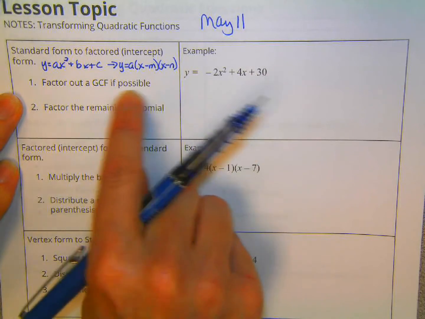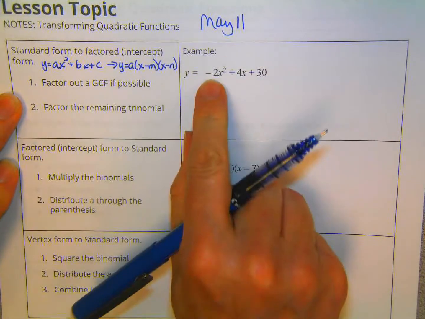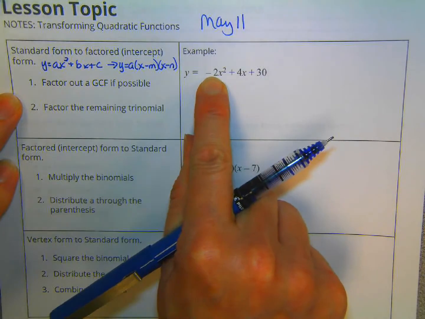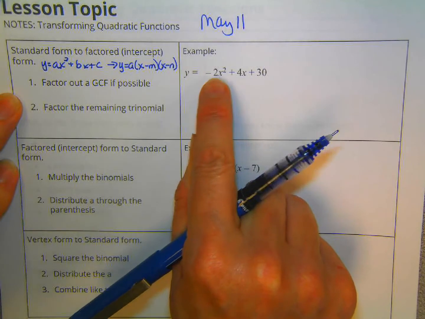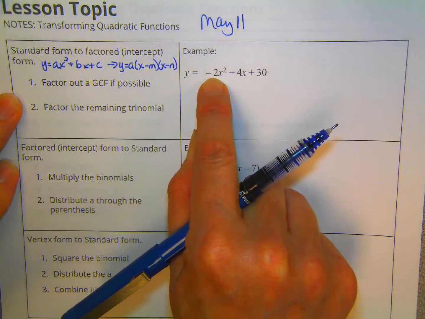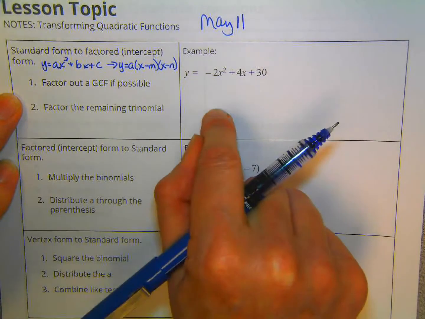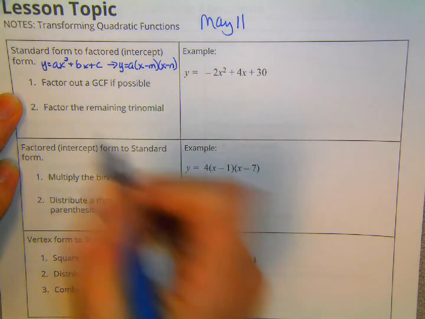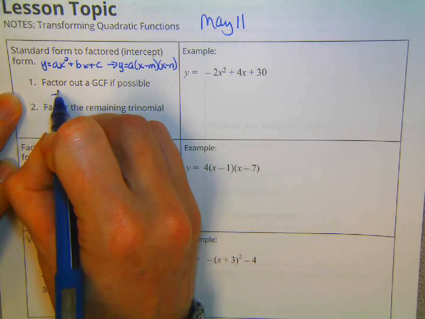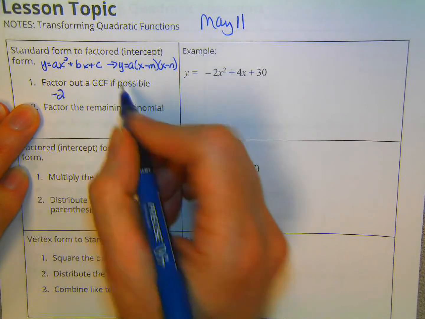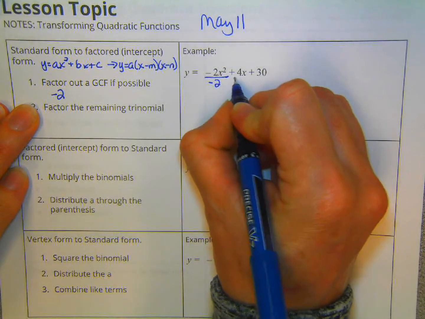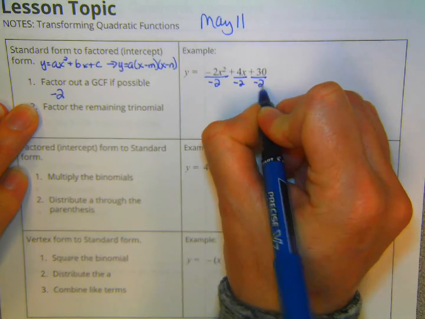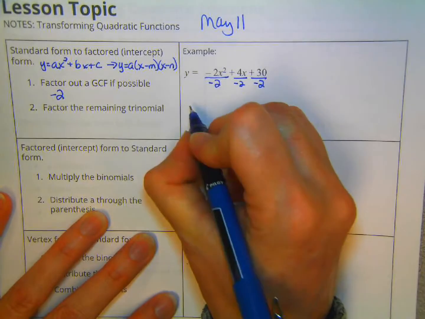Factor out a GCF if possible. And actually, hint, every problem that you have, this number will be able to be factored out. Everything that you have at this stage in the game. Next year, no. This year, yes. So we want to factor out a -2. So we're going to go -2, -2, -2. When we factor that out, that leaves us with